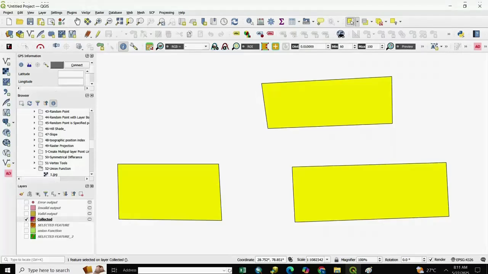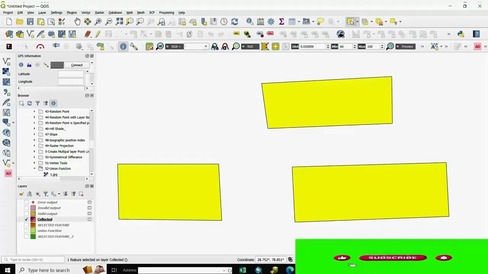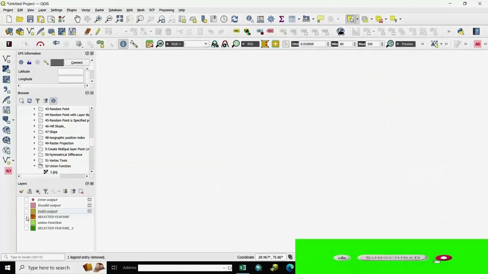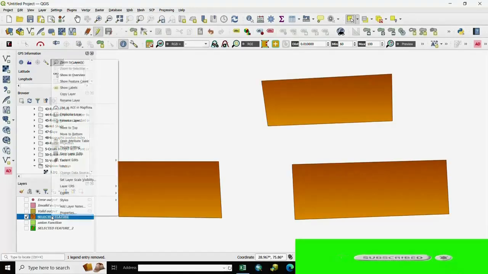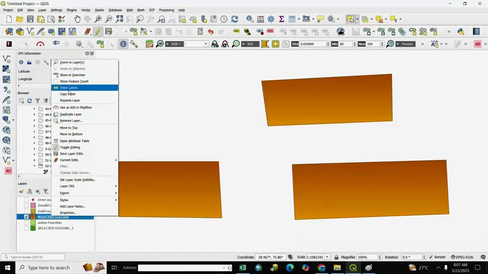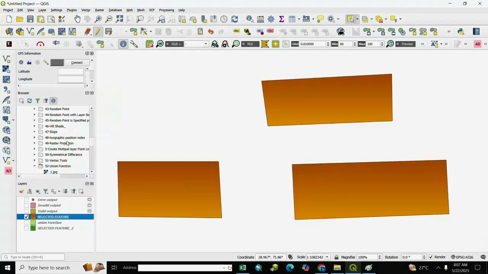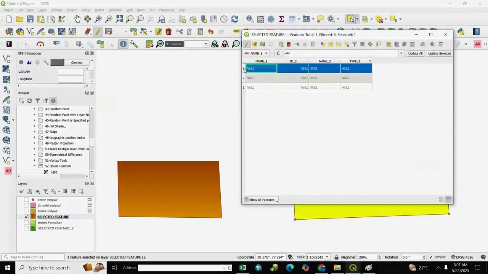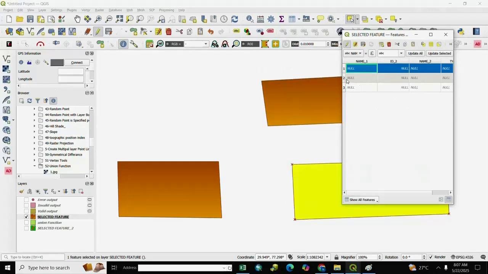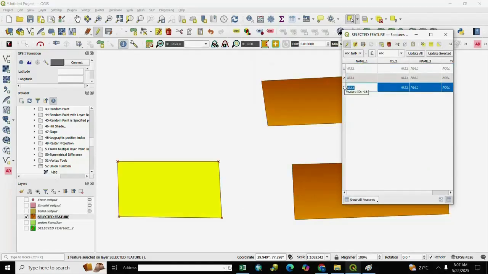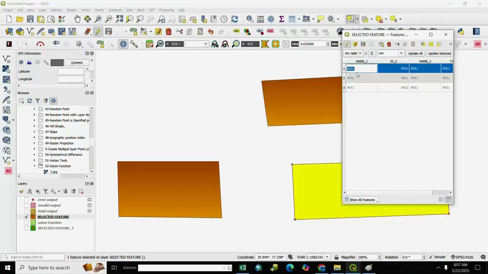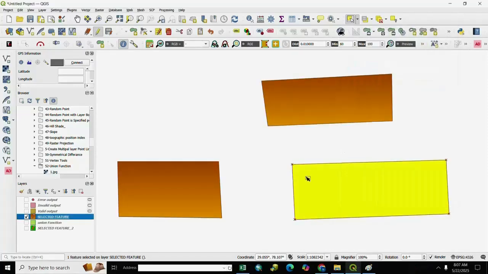For collecting geometry, here is our feature, 3 features. You see here, right click and go to attribute table, and here are 3 features, 1, 2 and 3, and we select different 1, 2, 3 as per our requirement.